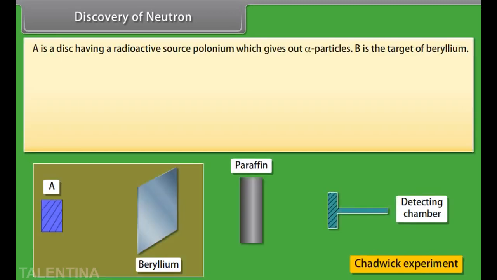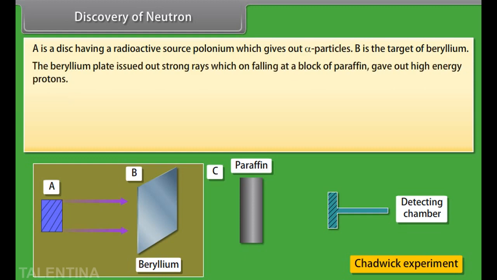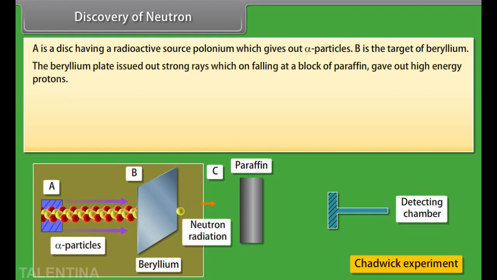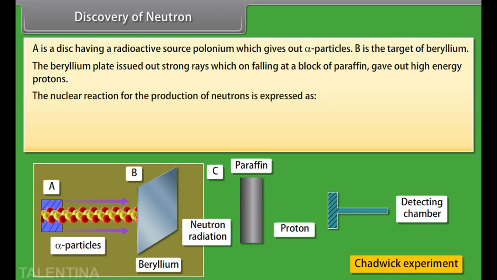Discovery of neutron. A is a disk having a radioactive source, polonium, which gives out alpha particles. B is the target of beryllium. Both A and B are placed in an evacuated chamber C. The beryllium plate issued out strong rays, which on falling at a block of paraffin gave out high energy protons. The nuclear reaction for the production of neutrons is expressed as